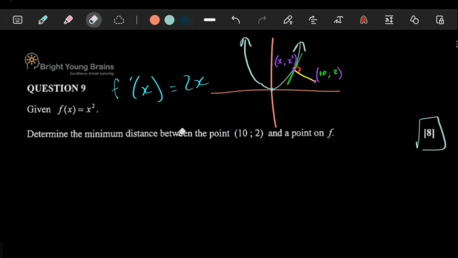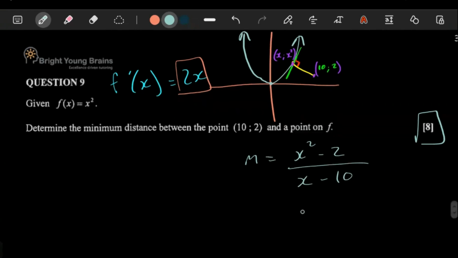Let's remove this. All we know is this is what would give us the gradient of our tangent. The gradient of this straight line here, we know it is (x squared minus 2) over (x minus 10). There we go. So this is what the gradient would be for this yellow line. The gradient of our tangent here would just be 2x. So for these to meet at an angle of 90 degrees, these two multiplied by each other have to equate to